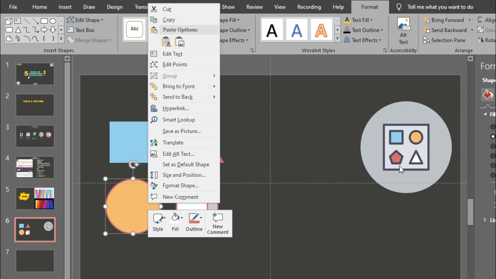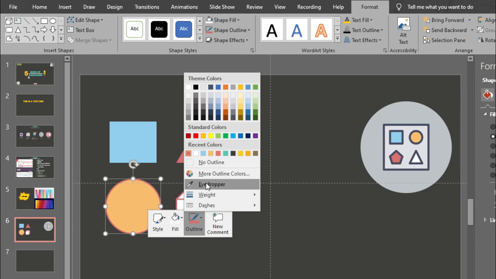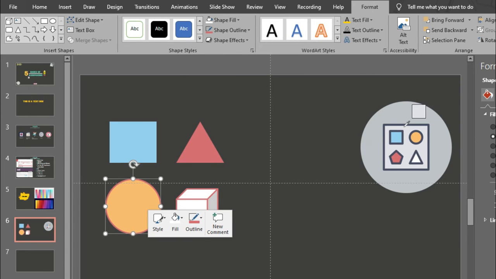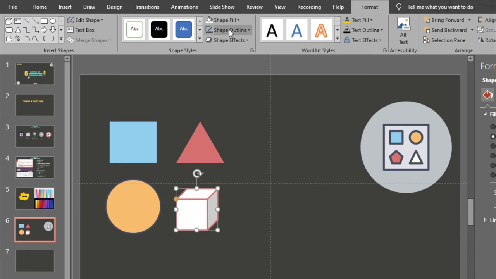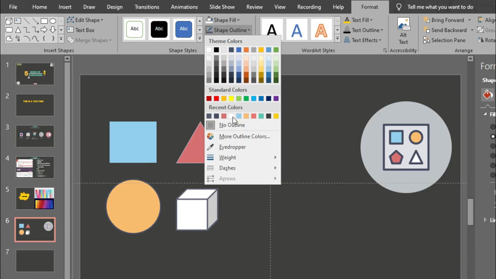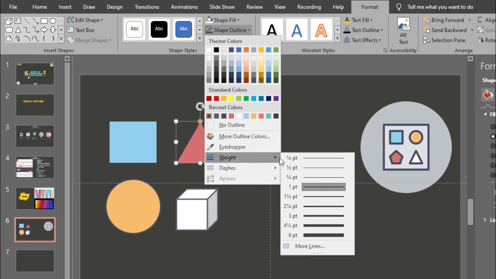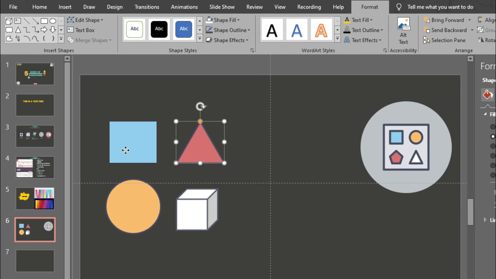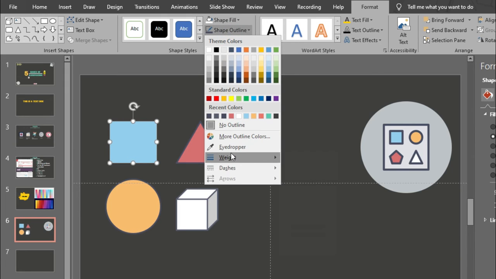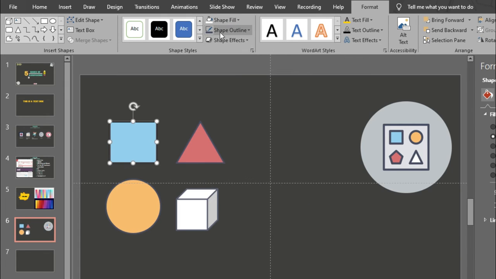So in this icon the outline is another color, so to pick this color I'm choosing the eyedropper tool and picking this color. Then select the shape, pick the eyedropper tool. Go to Outline, then pick the eyedropper tool and have this color, go to Outline and set the weight to 3 pt and the color.